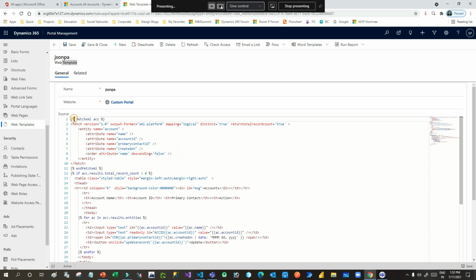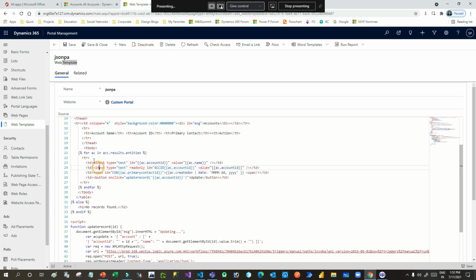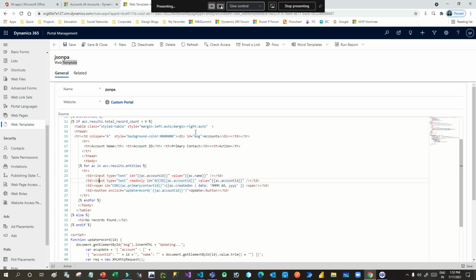And this fetch XML returns some data, right? I have used a for loop here, and in that for loop I am creating a table control. In my last session I also told you how I can display fetch XML in a table through a for loop using liquid programming, right?